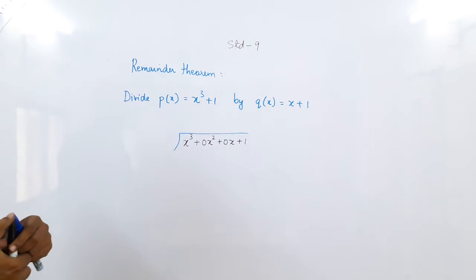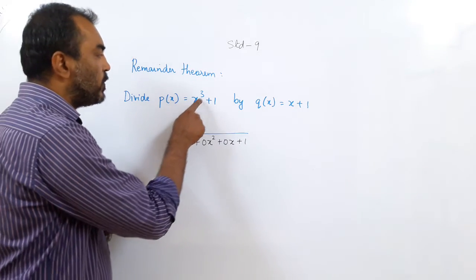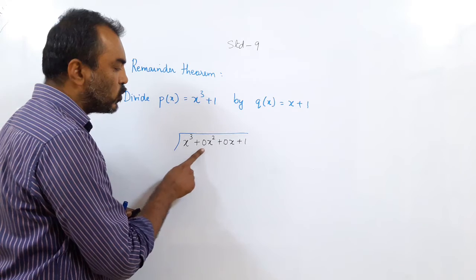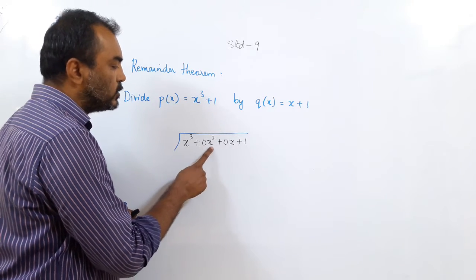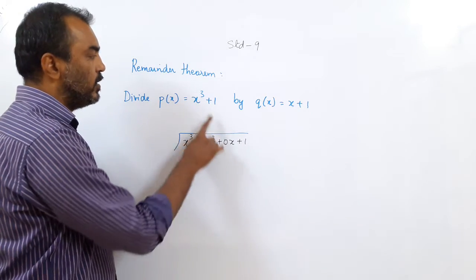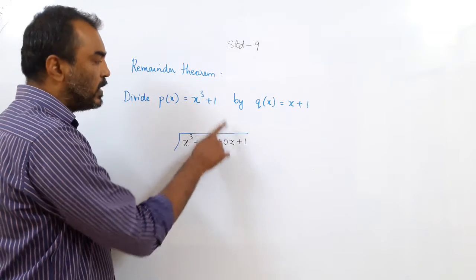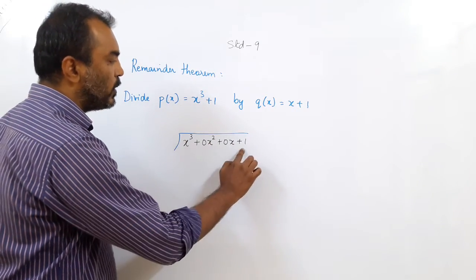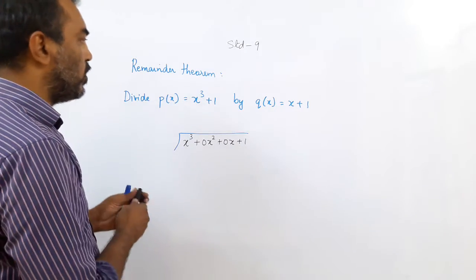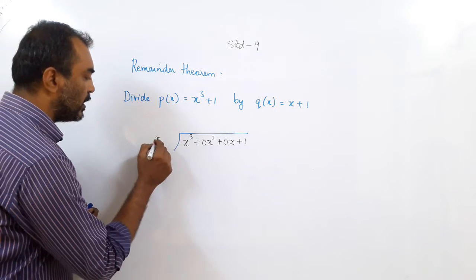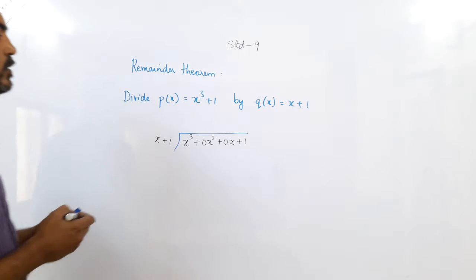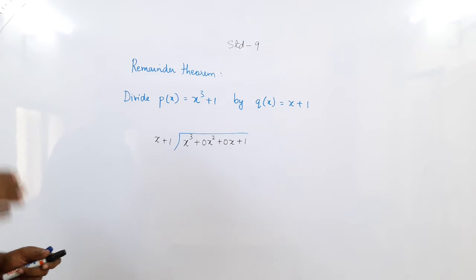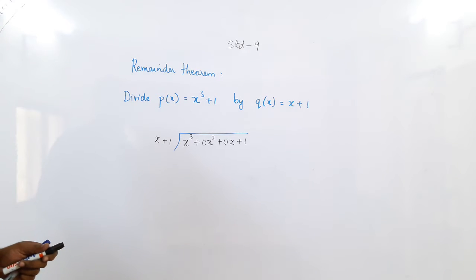Are you following what I am trying to tell you here? You have got the power 3 but no power 2, so you can write 0x square, you can make the coefficient 0. Why? 0 into anything is 0, so it is not there. Here there is no x, so multiply with 0. 0 into x is 0 and the plus 1 remains. So here I put it in order, divided by x plus 1. Okay? So this is the sum. Now if you understood the division method, you can do your division separately.